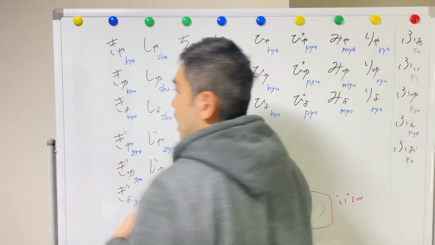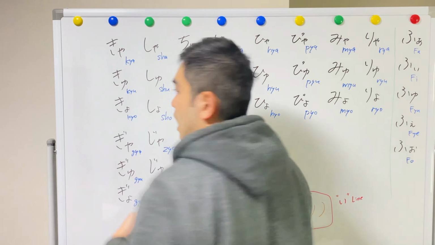So from now, we're going to look deeper at this yoon sound. I'm not going to cover all of the yoon sounds, but basically you want to put a y sound between the consonant and vowel. So k, y, a sounds. You want to mix the sound into one rhythm. This is the yoon. Okay, so k, y, a, mix the sound. Kya, kya.